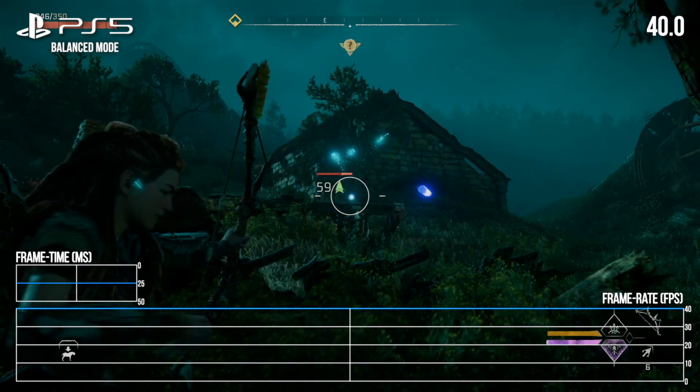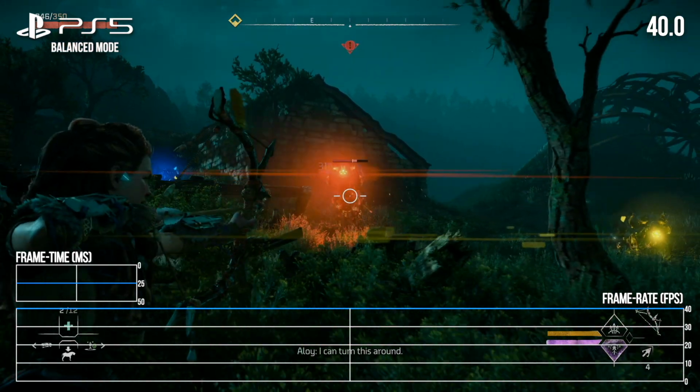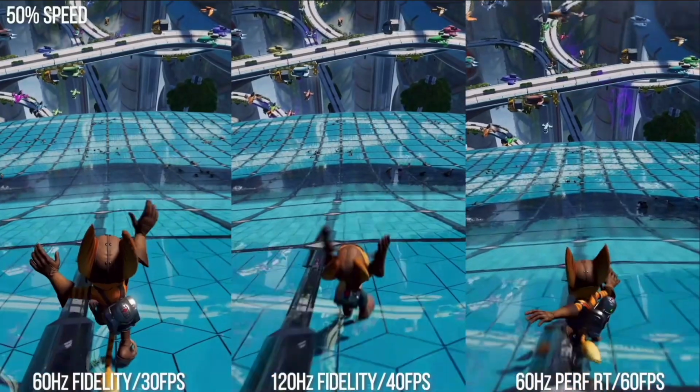So I'm actually in two minds as to which one I'd like to play the game with, because the performance mode, 60 frames per second plus, looks really, really nice. But the quality mode, you do get that extra little bit of clarity, and you do get that perfect consistency at 40 hertz. And something which, I guess, kind of amused me is when we did the Ratchet and